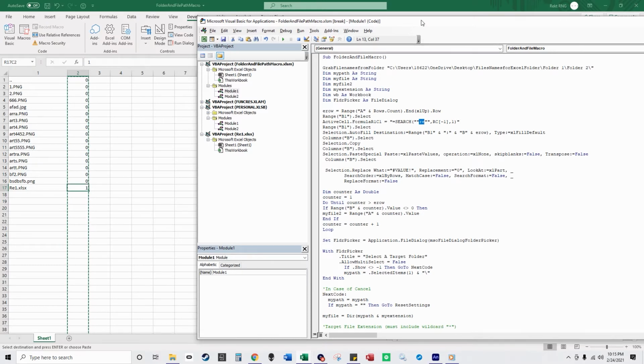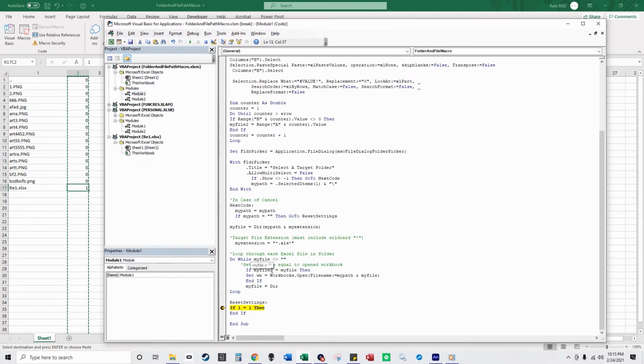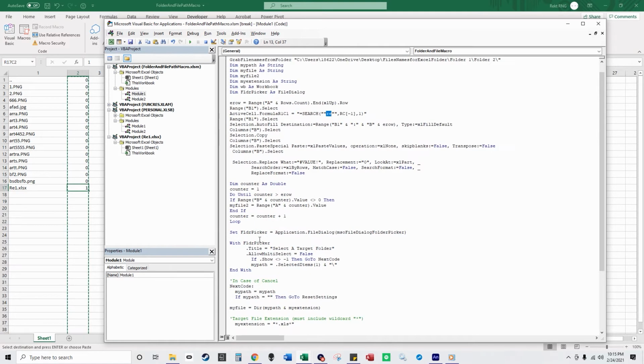Basically what this code does is it loops from the first file to the last file, and if column B equals 1, then it sets my file2 variable equal to whatever value is in cell A. So it goes down column A and sees RE1 and sees 1 over here, so it sets my file2 equal to this value in A17. And then